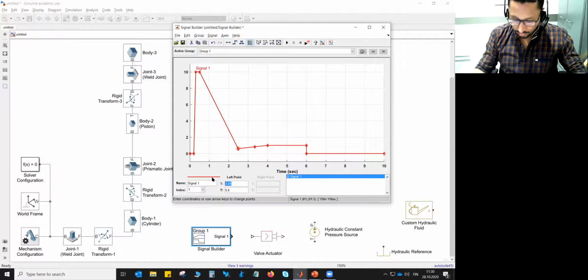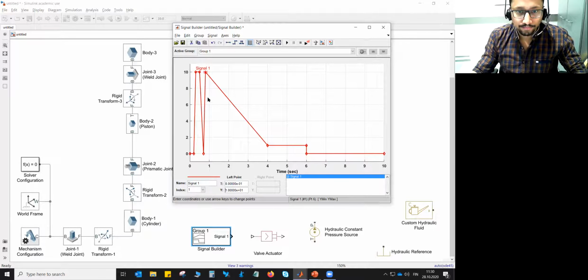So 0.8, it's not 7, that's 0, and 0.8. I hope I'm defining it correctly. If not, mm, what am I doing?